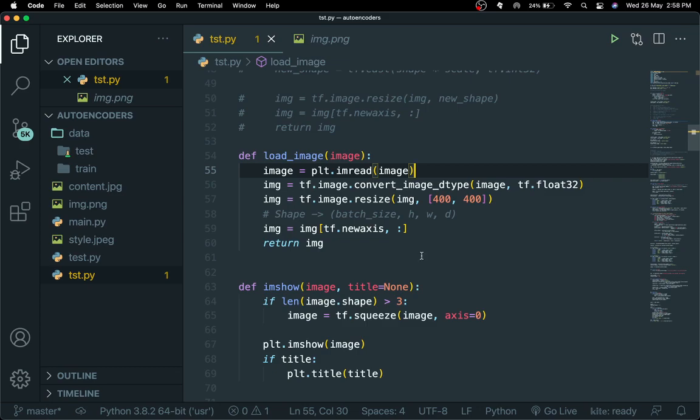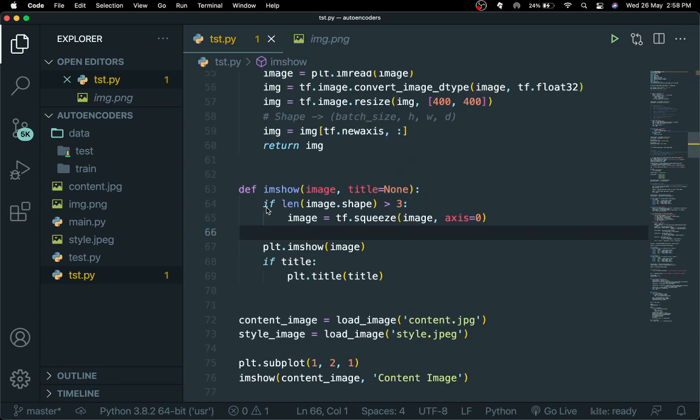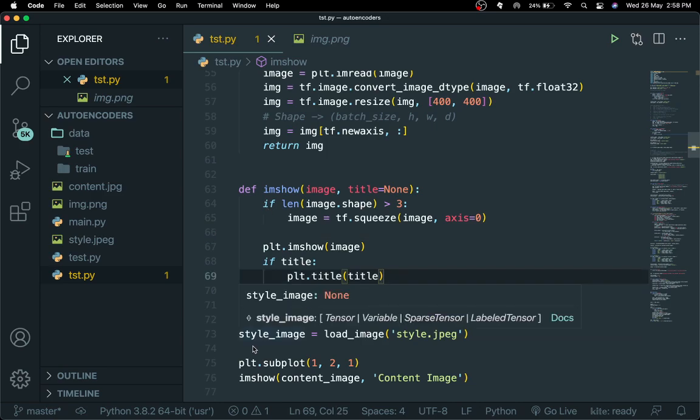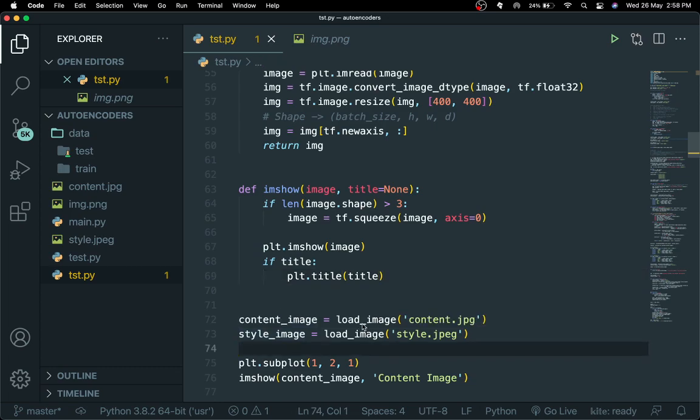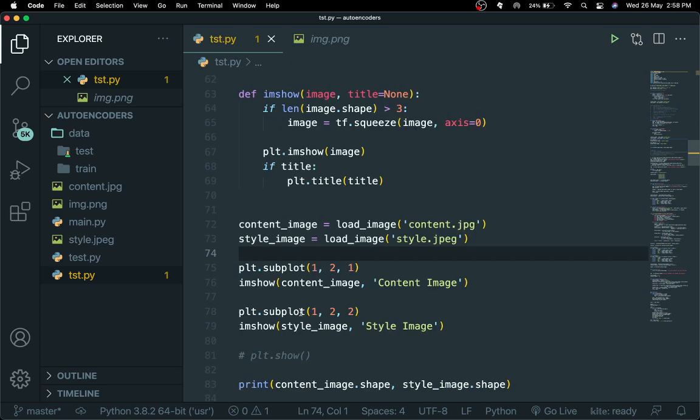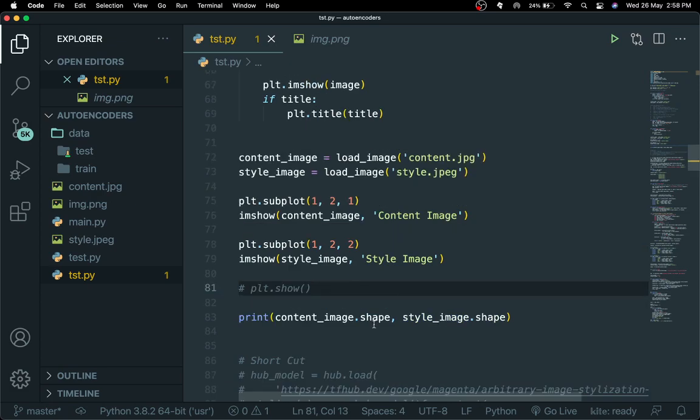So first of all, what I did was I made a function that would load an image, and then I made it so that it would show an image. Now I didn't call the show image because I was not running in Google Colaboratory where I could have individual code outputs. But then what I did was I took this thing called a content image, and I called the load image function with my content.jpg and my style.jpg file, and this basically shows that image. But I commented out my plt.show because otherwise